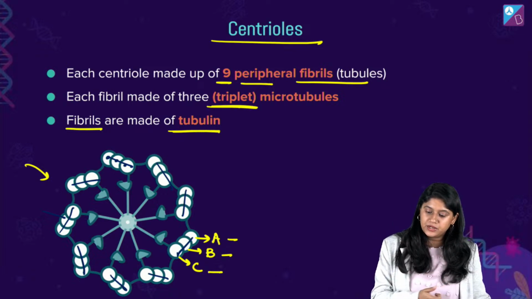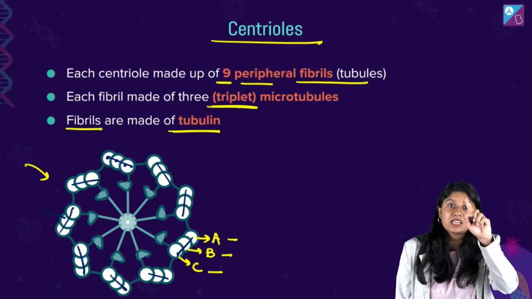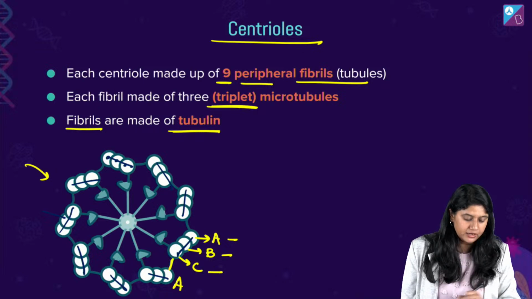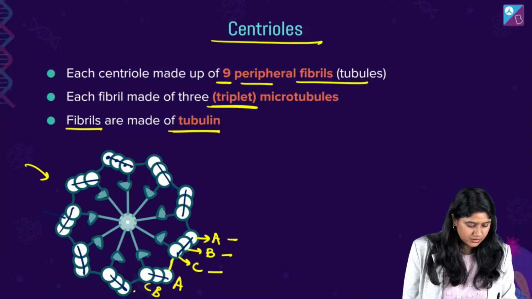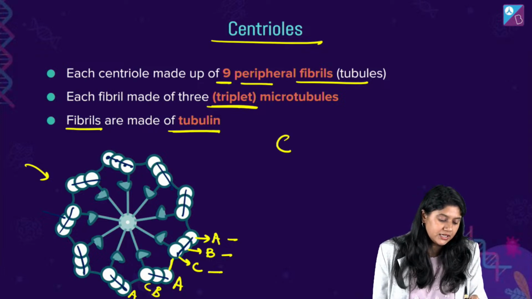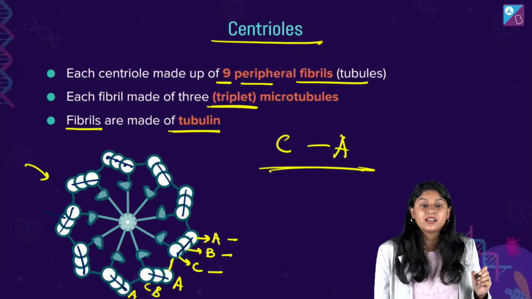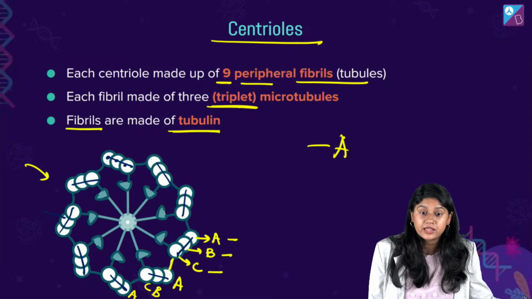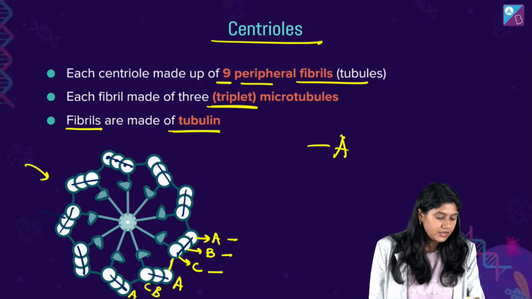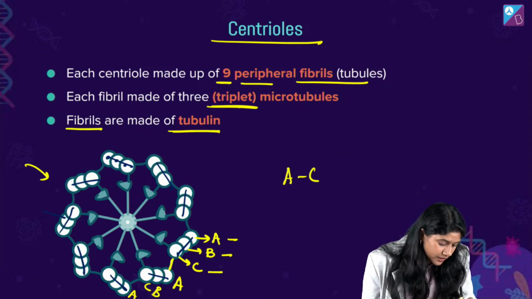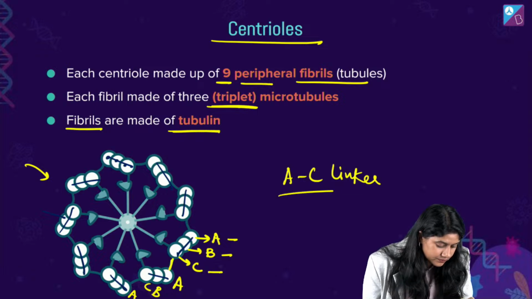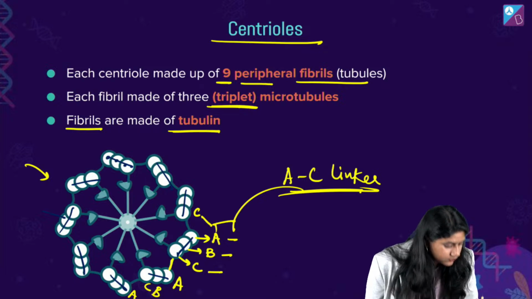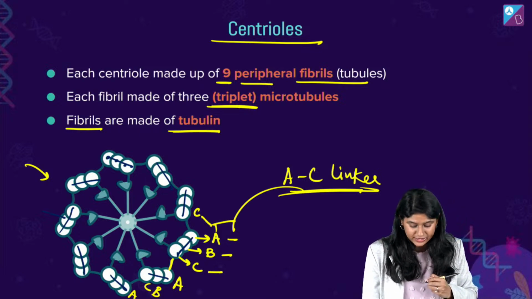1, 2, 3. We can see right over here A, B and C. These A, B and C are kind of linked. So C is linked with the A. Clear? A, B, C, A, B, C. So C and A are linked. इसे हम AC linker भी बोलते हैं. Clear everyone? What we call it as? We call it as AC linkers also. Clear? AC linkers. जो actually join कर रहे हैं C and A को. Very good. AC linkers, absolutely correct.